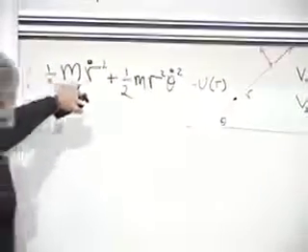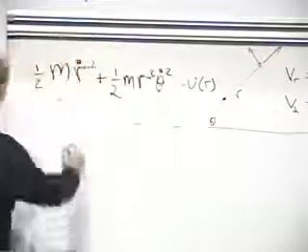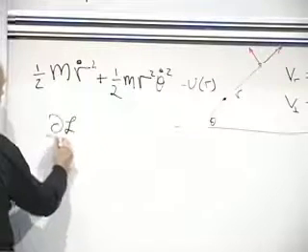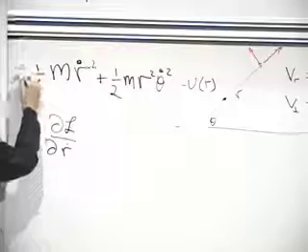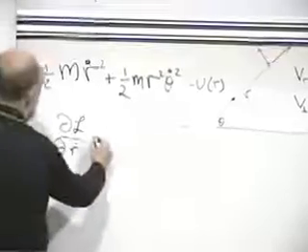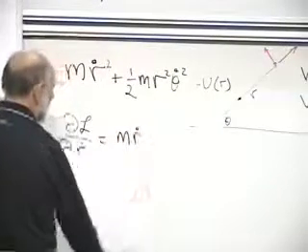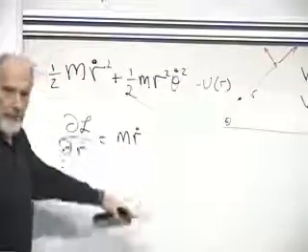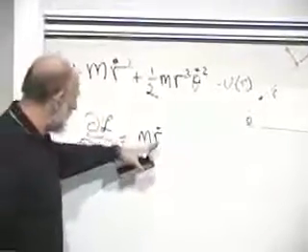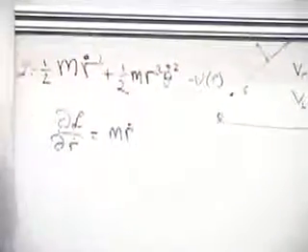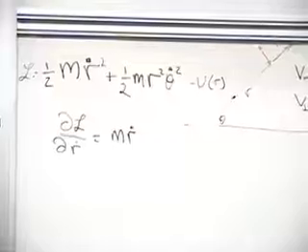Let's work out now the Lagrange equations of motion. The q's are r and theta. So first of all, let's start with r. Partial of L with respect to r dot, incidentally, L is kinetic minus potential, is m r dot. That's also equal to the momentum conjugate to r. It's just the radial component of momentum, m times the velocity in the r direction. Not surprisingly, that's the radial component of linear momentum.